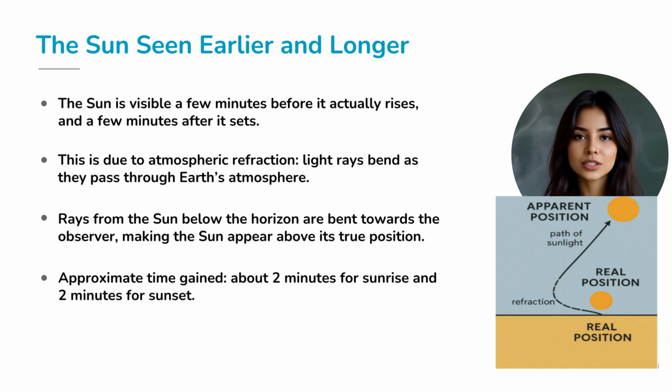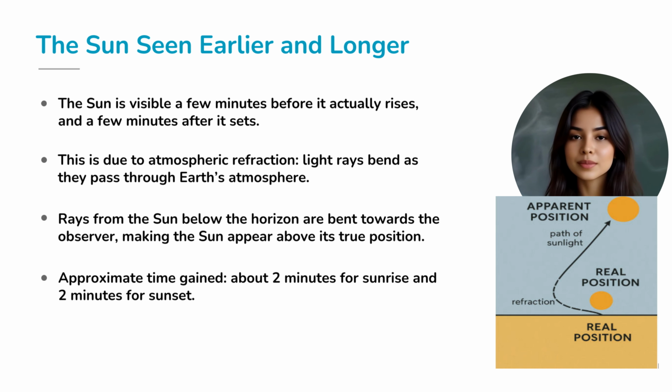When sunlight enters the Earth's atmosphere at a slant near the horizon, the rays bend downwards towards us. So, even when the sun is still below the horizon, the refracted rays reach our eyes, and we see the sun as if it were already above the horizon. Similarly, after the sun has dipped below, refraction allows us to see it for a few extra minutes. On average, this gives us about 2 minutes of early sunrise and 2 minutes of delayed sunset. As shown in the diagram, the apparent position of the sun is slightly above the real position due to bending